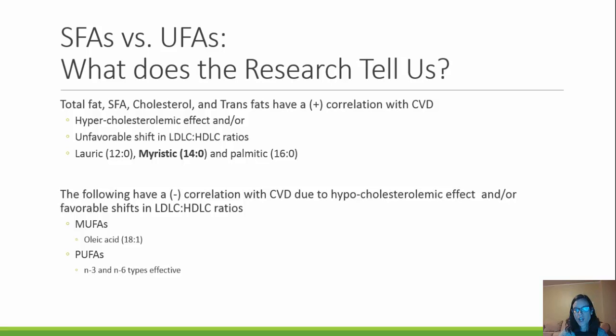This really only works though if we consume MUFAs and PUFAs instead of our saturated fats, trans fats, and cholesterol. If we just ate more fat but weren't getting rid of the unfavorable fats, then we really wouldn't see these effects. So MUFAs and PUFAs work together. The MUFAs really need the PUFAs to have these favorable outcomes. And